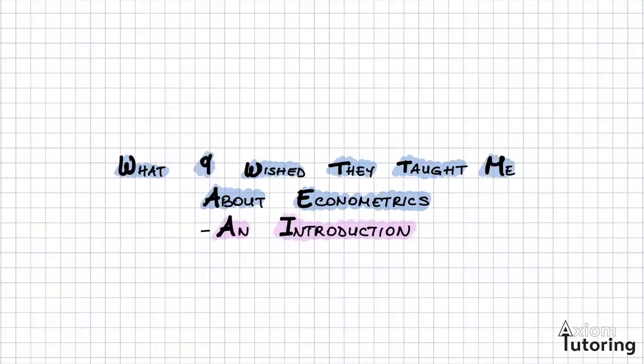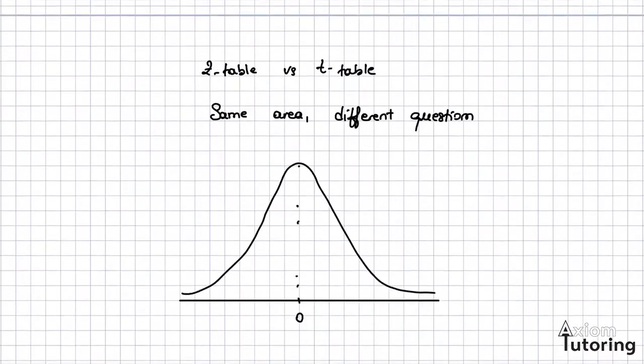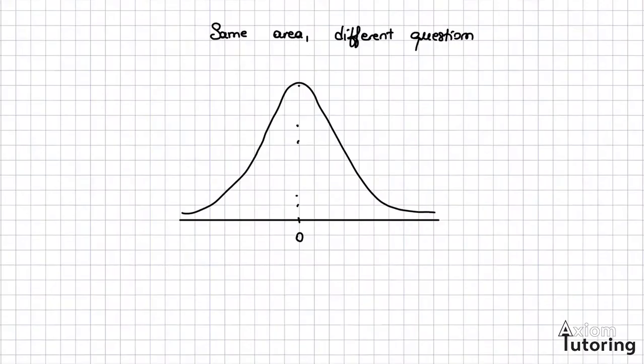If you've looked at the previous video where we go through the t-table, one question might come very quickly to you, and that is, why does the z-table give probabilities, but the t-table gives critical values instead? The answer is simpler than it looks, so you don't need to really overthink it. At the deepest level, both tables are about area under a curve. So z-table and t-table is same area, different question. Keep in mind, area is equal to probability,